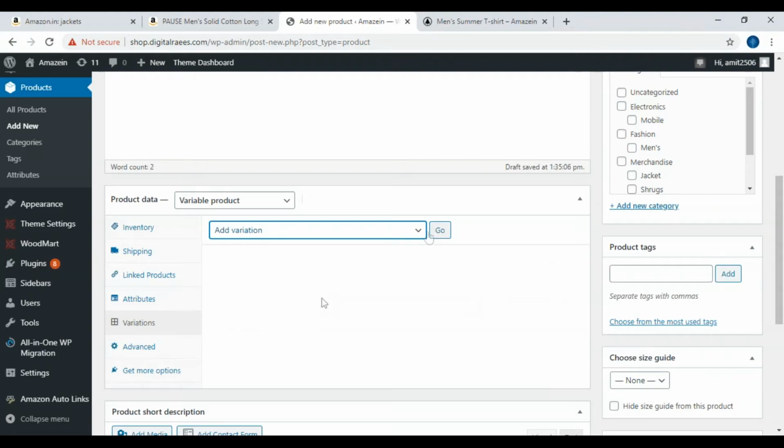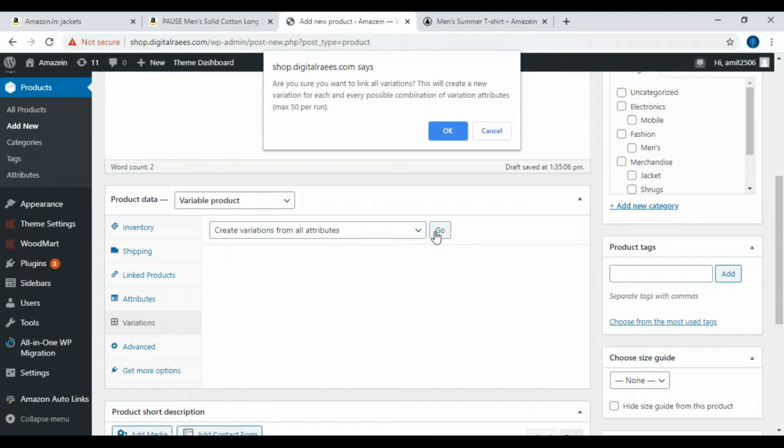Then you have to click again go, it will create another. So it is a time taking process and it is a kind of headache. So better I click on create variation from all attributes. So how many attributes? Size and color. So it is going to create a total of 10 products if I am selecting. So in variations, you have to select create variation from all attributes and you have to click on go.